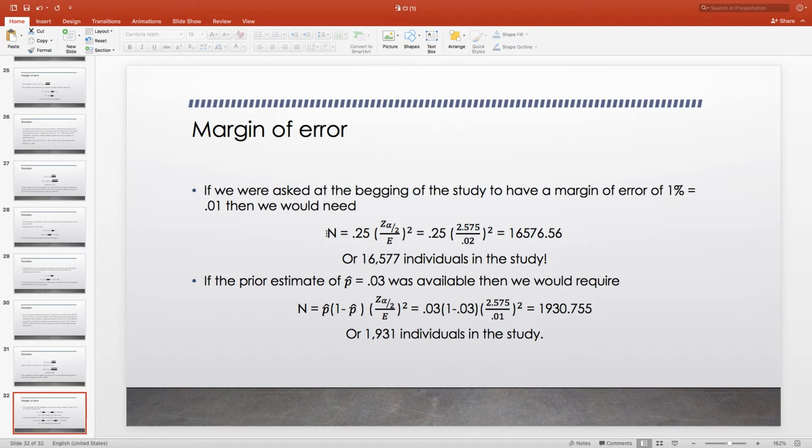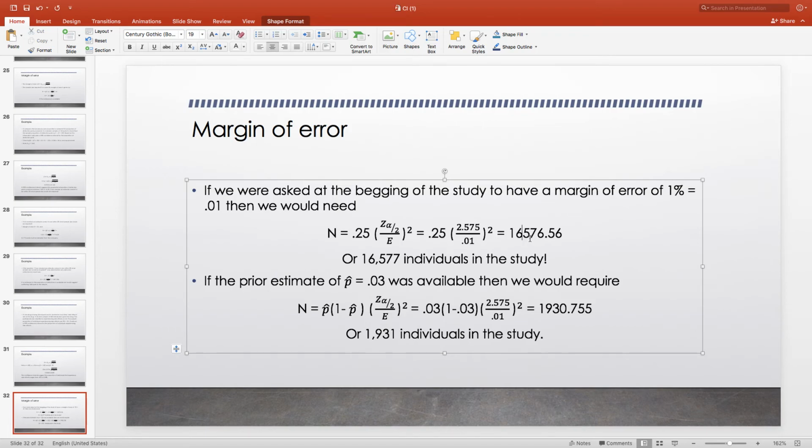And if we didn't have anyone in our study and we didn't know what the proportion would be, and we wanted our margin of error to be accurate to within 1%, 0.01, then we go ahead and we plug this in. And I want to emphasize here, we don't have an estimate for the proportion. Okay, we multiply by 0.25, we take that 2.575 and we put it here. Our margin of error should be 0.01, so I apologize there. And we go ahead and we calculate this, and we're going to get